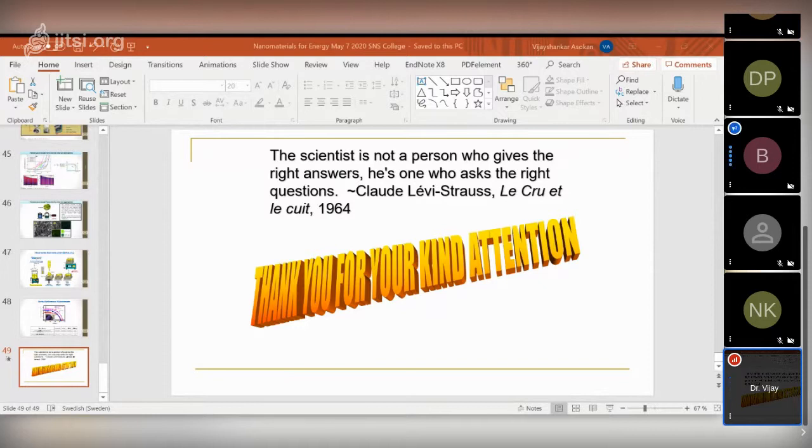Then one more question. Karthikeyan Shanmugam asks: zinc oxide and tin oxide materials are used in reducing the size of the nanoparticles. No, I didn't get the question. Zinc oxide and titanium dioxide are used to reduce the size of the nanoparticle for fabrications. No, I am not clear with the question. I understand the question, but I'm not clear where you are going. Can you make it more precise?